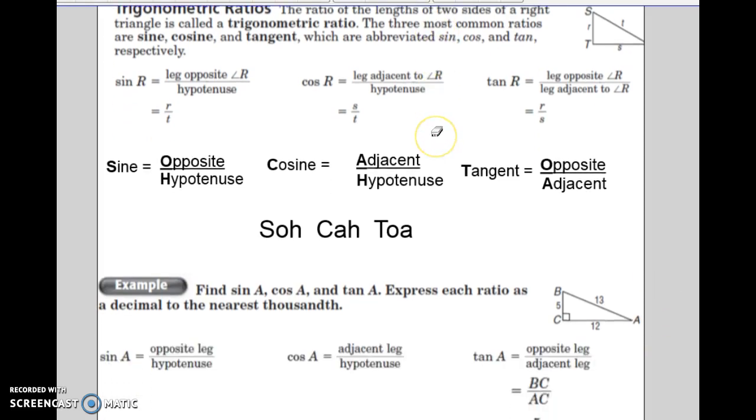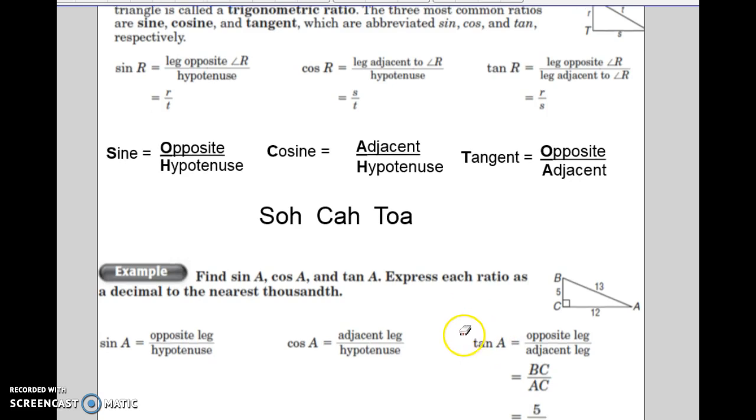Okay. Sometimes they're not going to ask you to actually solve anything. They just want you to set up a ratio. Somebody tell me, what's a ratio? A fraction. So if I set up a fraction, sometimes I can convert that fraction. But look at this triangle right here. Did they give you all three sides? Yes, they're not asking for anything. If they were going to ask for something, it would be an angle, right? And when you're trying to find an angle, what do you have to push? You wrote it really big at the top of your paper yesterday. Second. Very good. So we have Sohcah, and it will be helpful for you to rewrite this on your paper at different times.